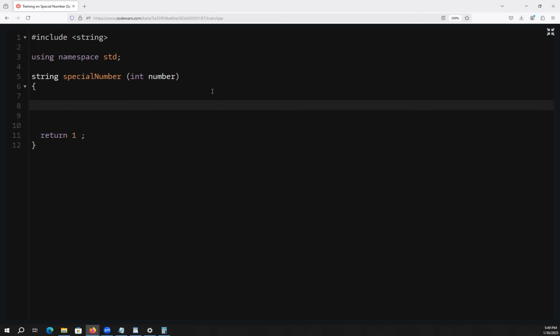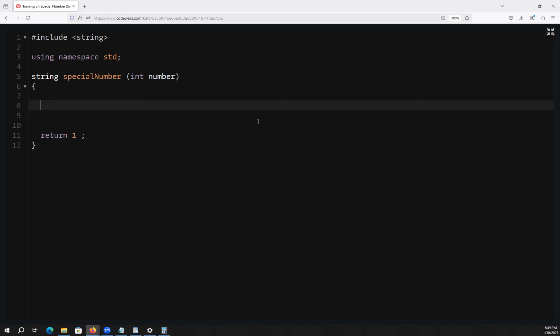Okay, so we take in an integer, and then we determine if it's special by checking whether all of the digits are 0 through 5. Of course, we've got to get the value of each digit.